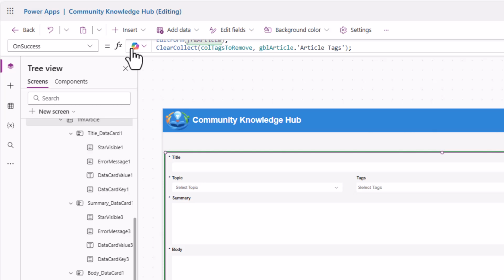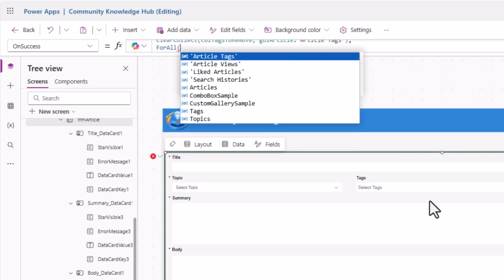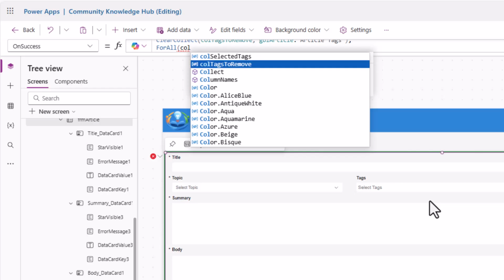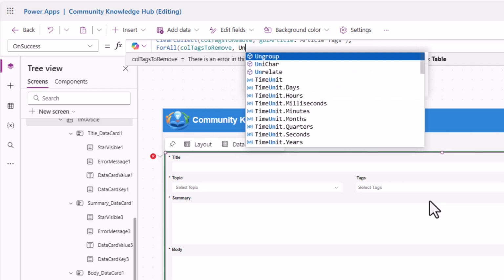And really what we're doing now is, let's say they change this. We submit it the first time and there's two or three different things in there. And then while they're working on it, they say, well, I don't like those tags and I want to change it. We want to make sure we know what tags to remove. So we want to get all the original tags as part of this step. And then what we want to do is for all, and it's going to be our collection that we just created, tags to remove. And we want to unrelate them